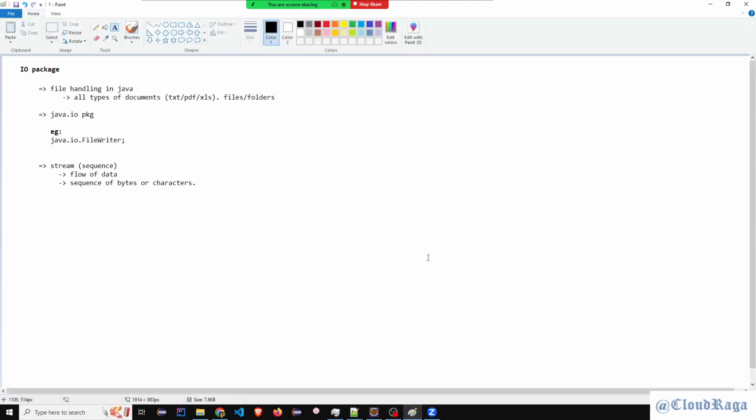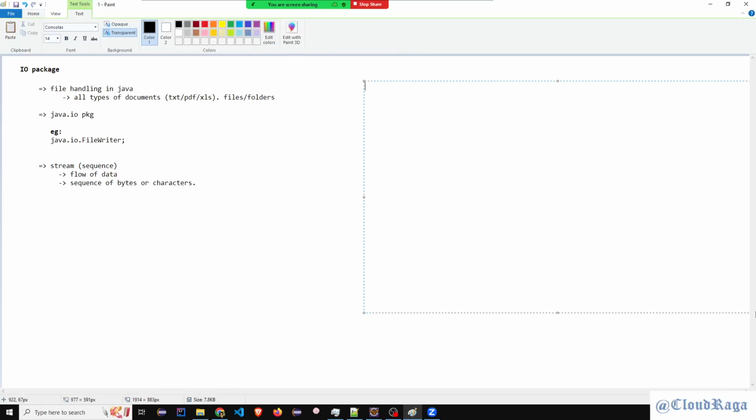When it comes to stream, in Java they have categorized streams into two categories, or I can say types of streams. So we got two types. Anyone aware of these types? Answer is already there on the screen.